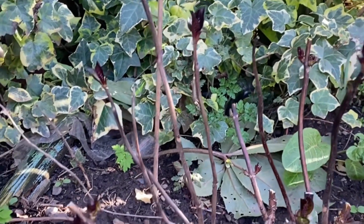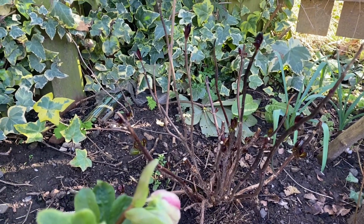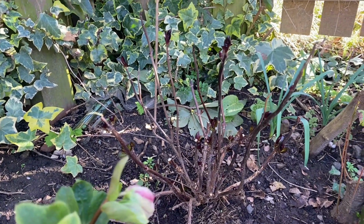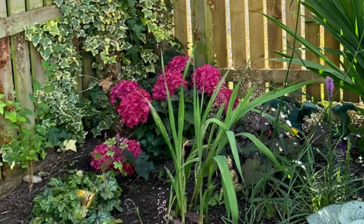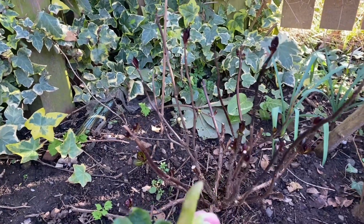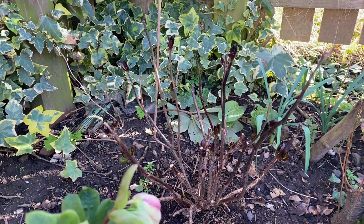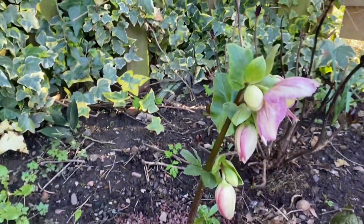I was given this as a gift last year and it's absolutely stunning. It's like fuchsia pink blooms. So I've taken the old blooms off. I tried to be super careful because I just took the old blooms off, so hopefully I've not wrecked it at all. And look,